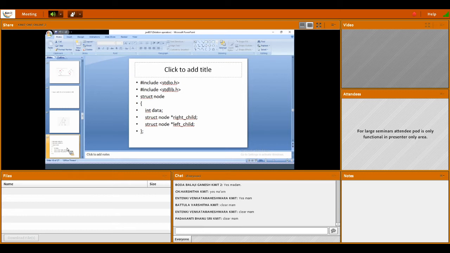The second part: if I want to delete any node, either a leaf node, a node with one child, or a node with two children, first we have to catch the node where it is located. How?